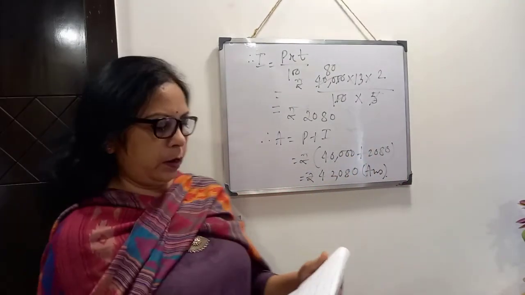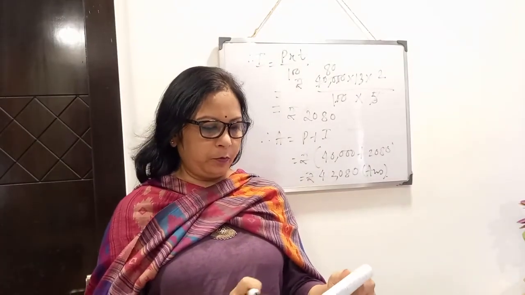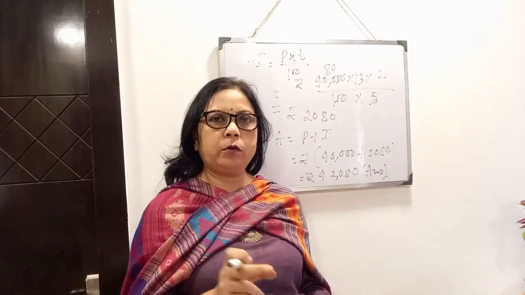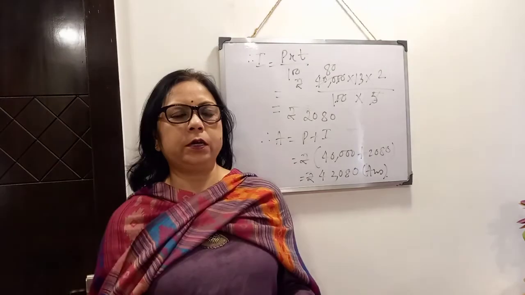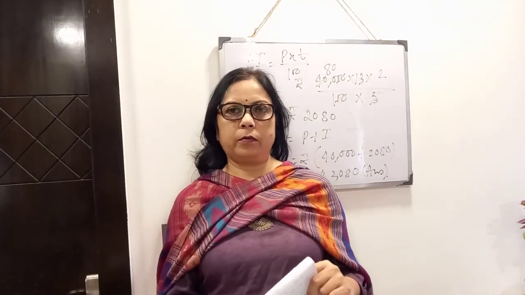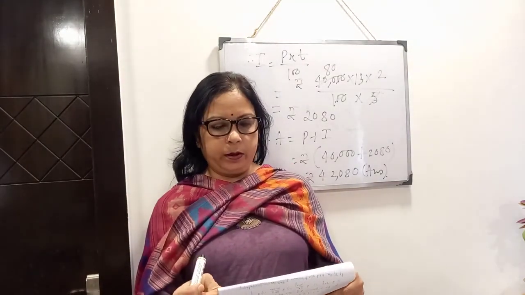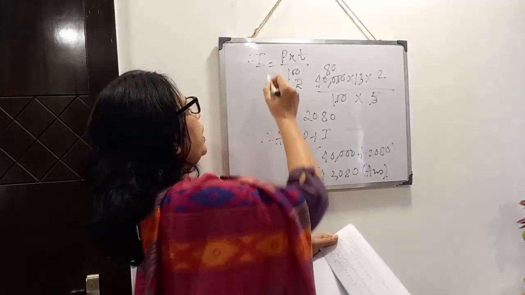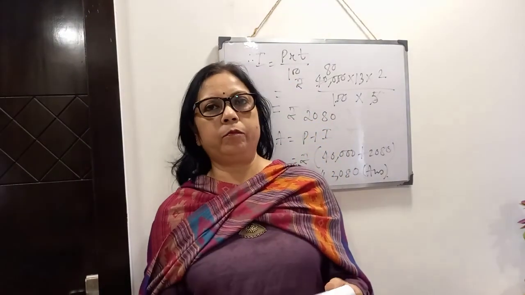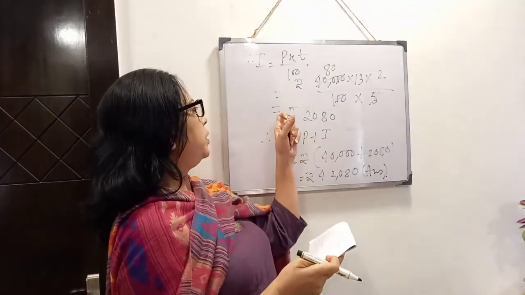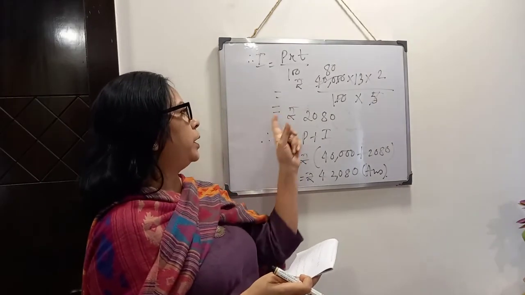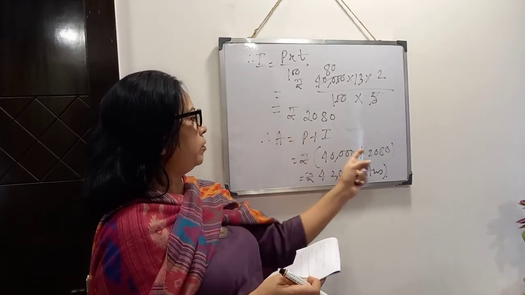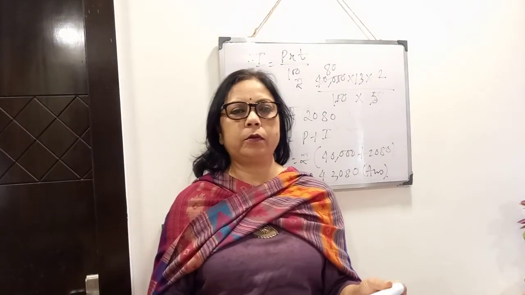So first what we had done, from 15 Jan to 9th June, we had calculated the total number of days. Then we had converted this number of days to years. Then rate given, principal given, time we had calculated. Then in this formula I equals PRT by 100, we put all the values and calculated first the interest. Then after getting the interest, amount equals principal plus interest. So if you add, you will get this amount.